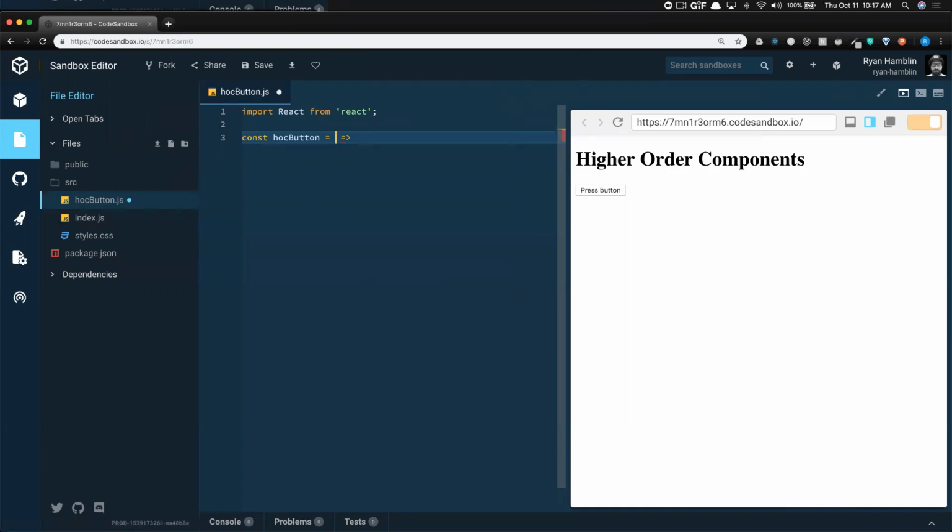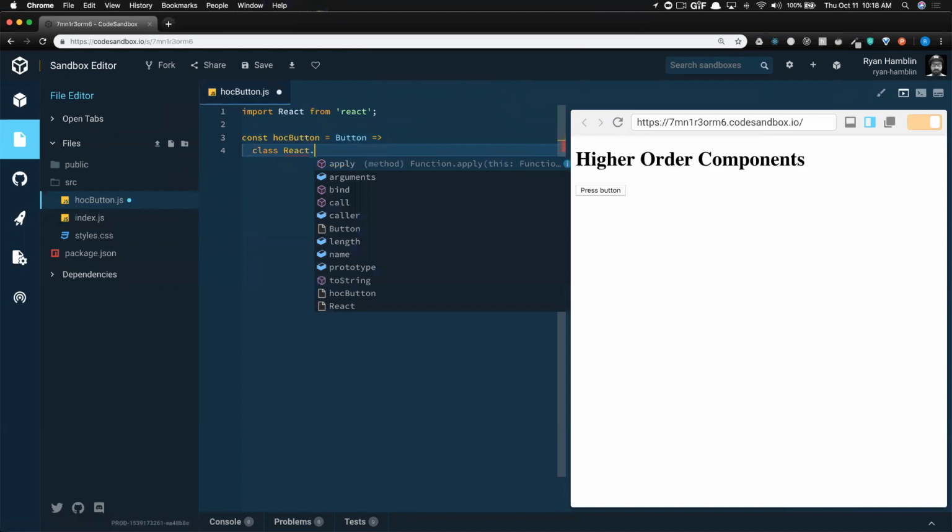So this is going to take in some button component, and it's going to return the anonymous class, React dot class. Sorry, I've been programming in other languages and contexts, so I'm just trying to remember all my syntax. Okay, so class extends React.Component,